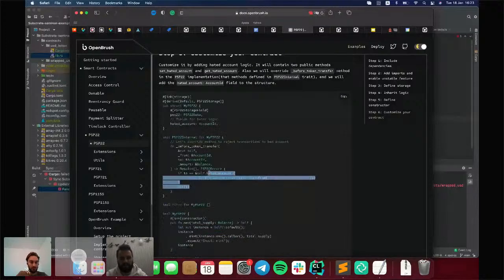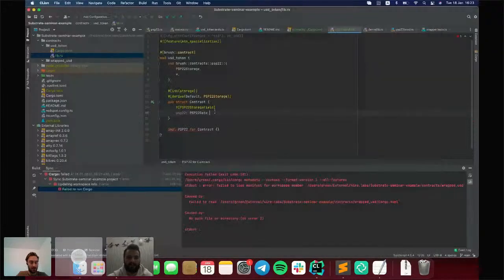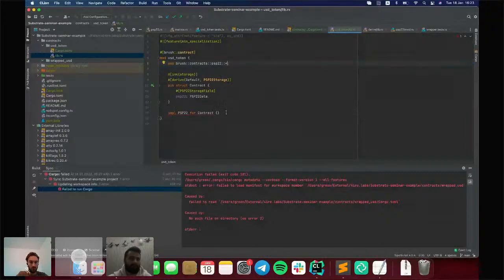So if someone does a transfer to that account, that transaction will be reverted. And in the current example, we will add pausable logic later. So we will see how it works.